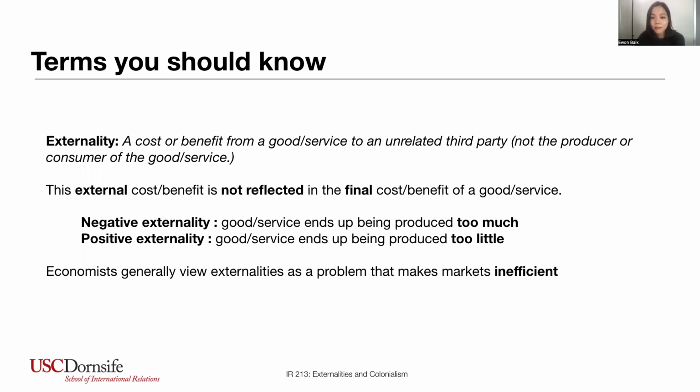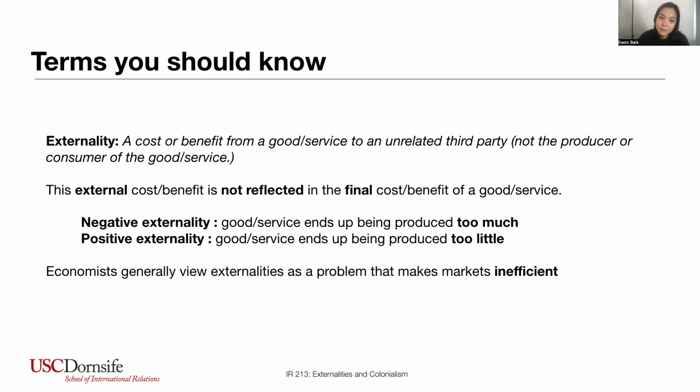And the price of the item is driven by how much value that item has to the buyer, right? Their willingness to pay, and how costly it is for the seller to make it, their willingness to supply. And that's going to set the market price. So in a free market, that's all that's factored into the price, the value to the buyer and the cost of production for the seller. But oftentimes, there are effects of that transaction that affect people external to that dyad, a third party that's not a buyer or a seller. And this side effect is called an externality.